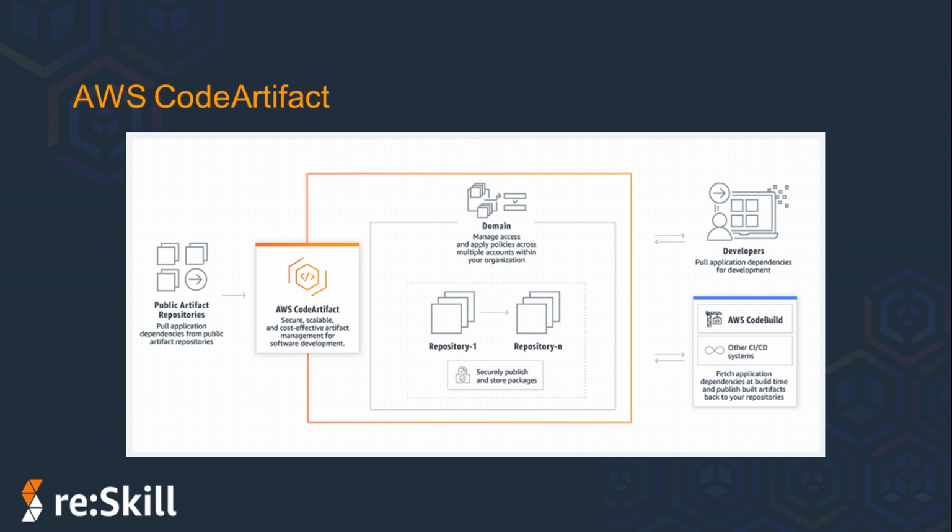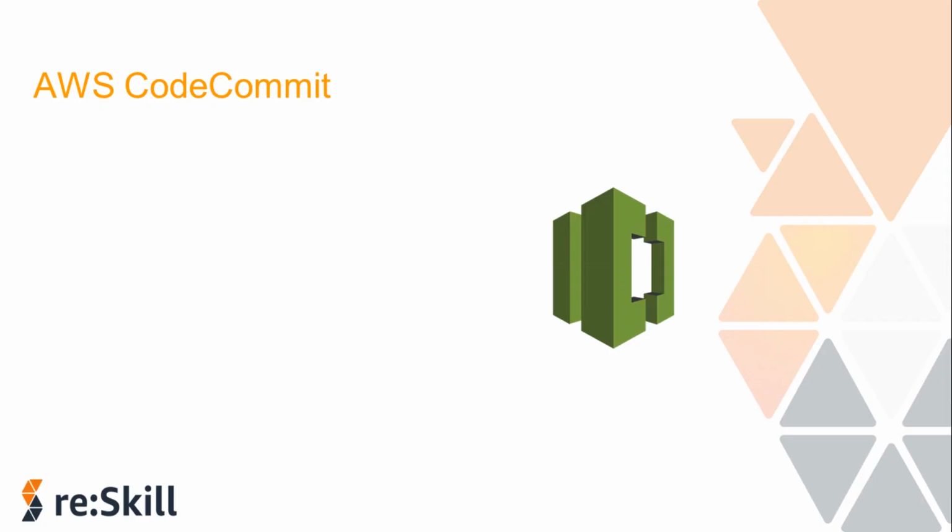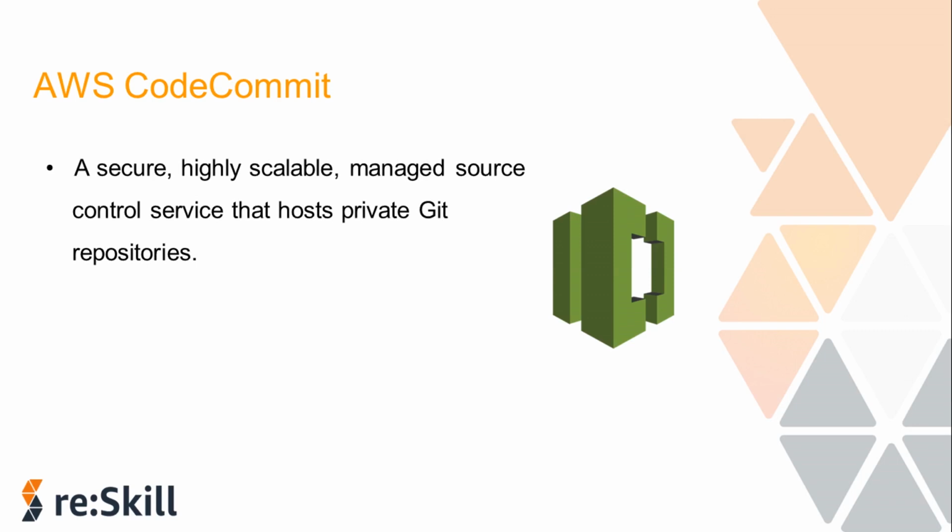Now let's learn about another service, that is AWS CodeCommit. This will be easy to understand for the people who understand GitHub. It's a version control service hosted by AWS that you can use to privately store and manage assets such as documents, source code, and binary files. It is an in-house repository infrastructure that lets you host the repositories. It basically gives you an environment where you can commit your code, push it or pull it. It has a lot of features, like it is fully managed, secure, and highly available.